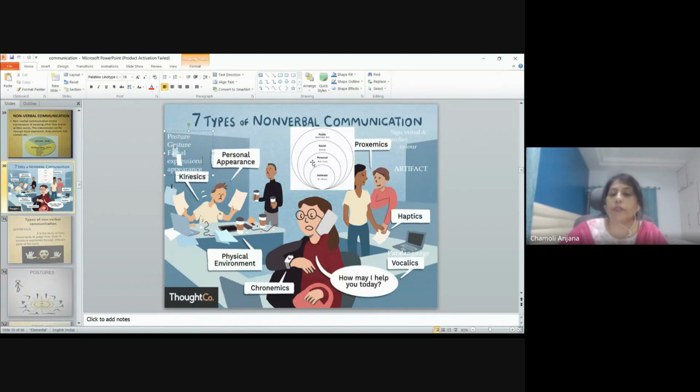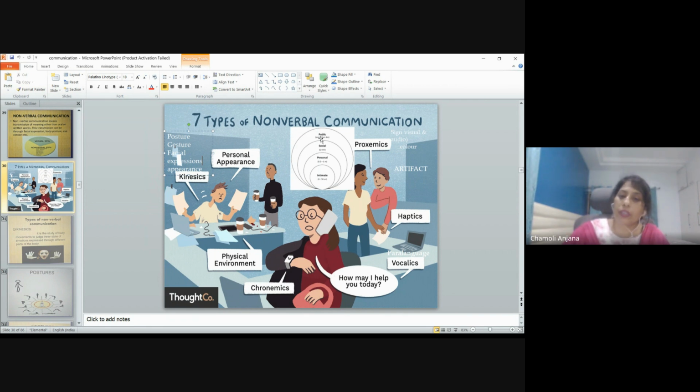Then 1.5 to 4 feet is the personal space. This is for your friends, or even in your business organizations, colleagues with whom you are quite close. You can share communication with them; you're free with them to communicate. That comes under personal space. Then you have social space, which is from 4 feet to 12 feet. This social space is when we speak to strangers, and in the organization, when we speak to our superiors or to other colleagues with whom we are not much closer. That kind of communication comes under the social space.